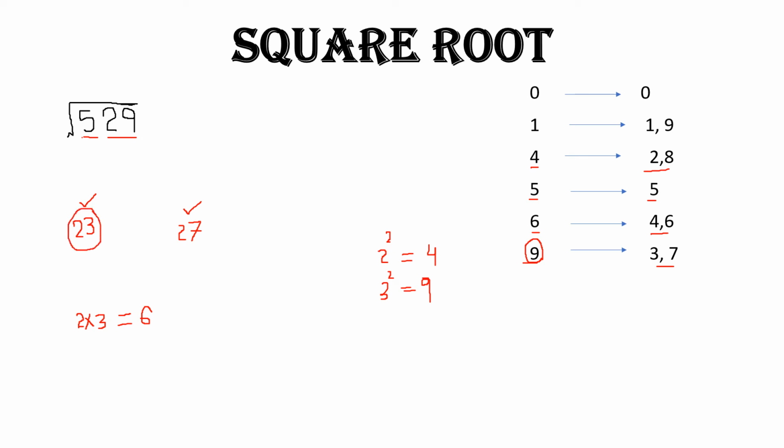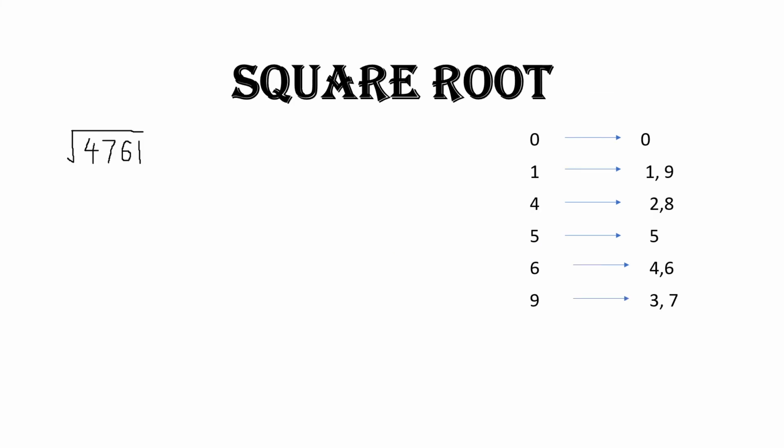So now we will check another example. Likewise, we will choose the last two digits, that is 61, and we will check 1. 1 comes as a last digit when you take the square of 1 and 9. So either the last digit will be 1 or 9. We have two options here. Now the next part is 47. Now you will choose a number such that if we take the square of that number, 47 comes in between.